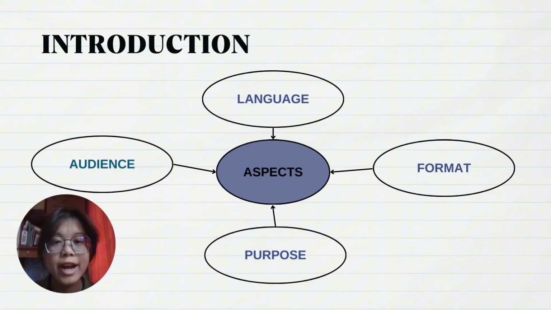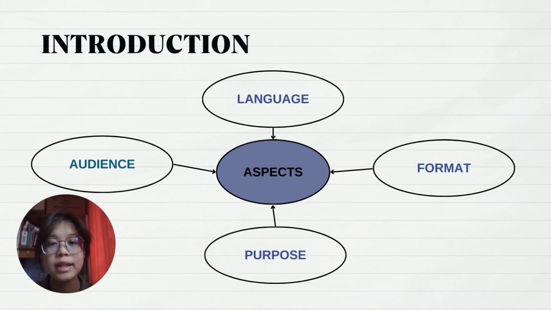So over here, as you can see on the screen, there are four different aspects, which are audience, language, format, and purpose, that we are going to compare and contrast between the five media outlets: newspaper report, movie review, letter to editor, online blog, and comic. So with that, I conclude my part, and I'm going to pass it on to Kelly, who's going to introduce